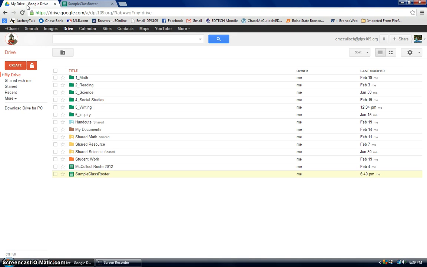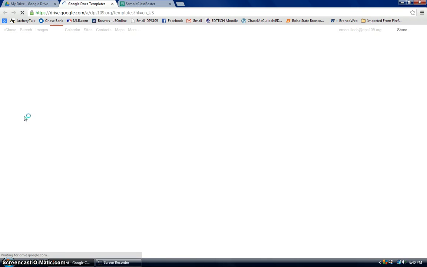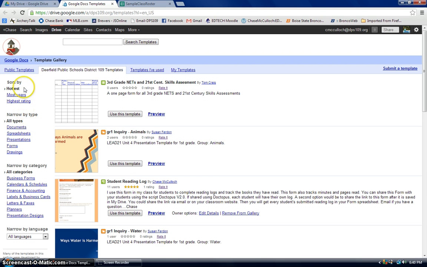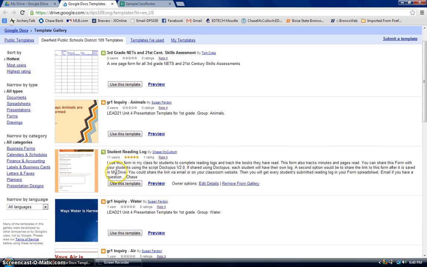The second thing that you need to do is take the reading log, and you're basically going to be using this first reading log as a template. To get the reading log, it's very simple. I shared it in the template gallery, and it's just a reading log, and it shows that there's 11 users that have used it. So all you need to do is go to Student Reading Log and select Use this template,